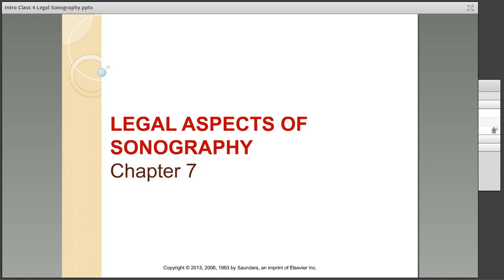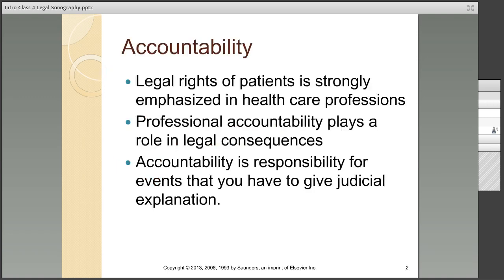This is why society demands that healthcare professionals conduct their practices according to accepted standards. Failure to do so will lead to a civil action. Civil laws are laws that affect individuals rather than society as a whole. Sonographers follow the regulations that are documented by the Society of Diagnostic Medical Sonographers.